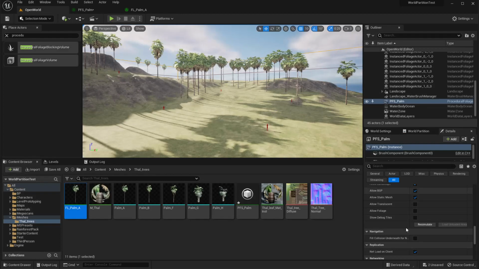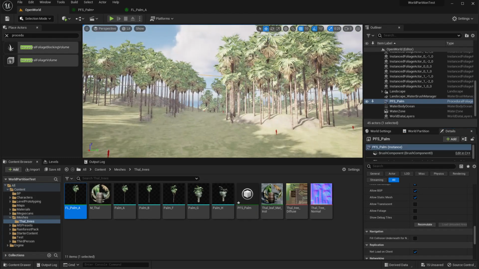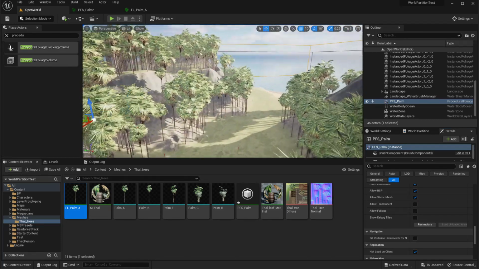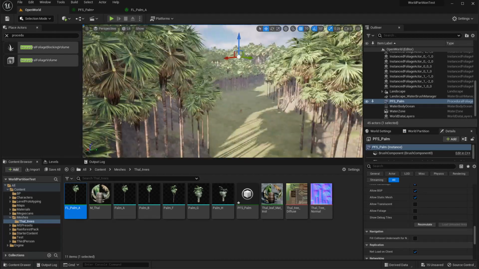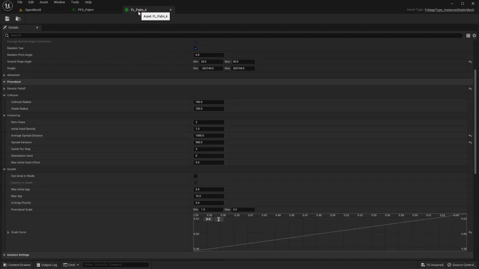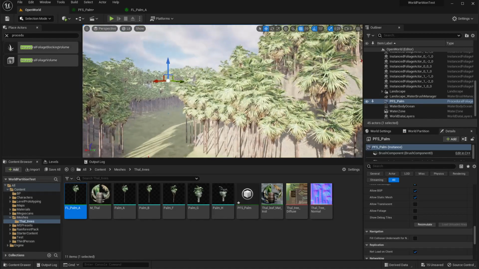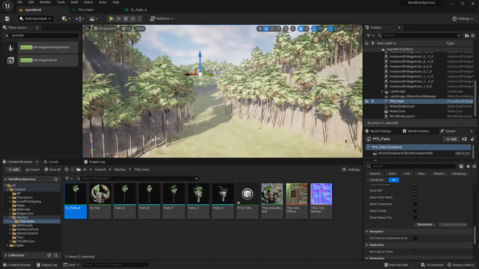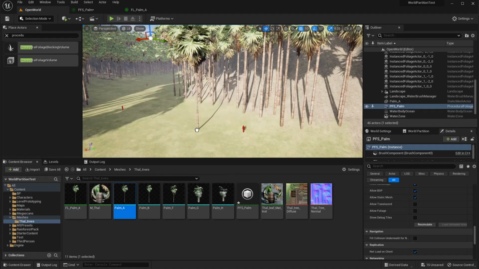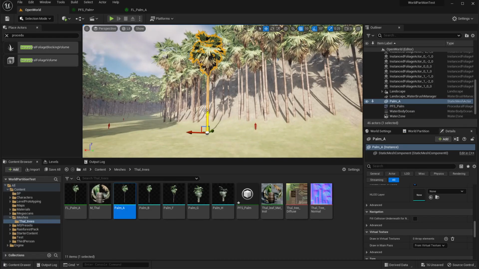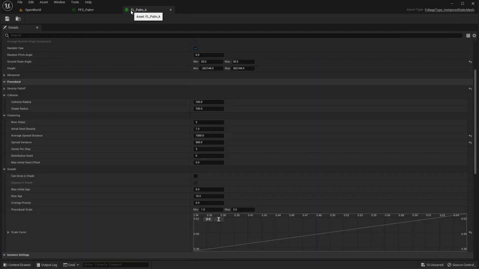Let me save. Oh wait, did I change the... Oh, I guess I was using another foliage type here. Okay, so we have a lot, and you can see the height is also changing, but we don't really need this much foliage of this type. So this is scale 1, and you can see it has much taller trees with the same scale. So I'll change this from 0.8